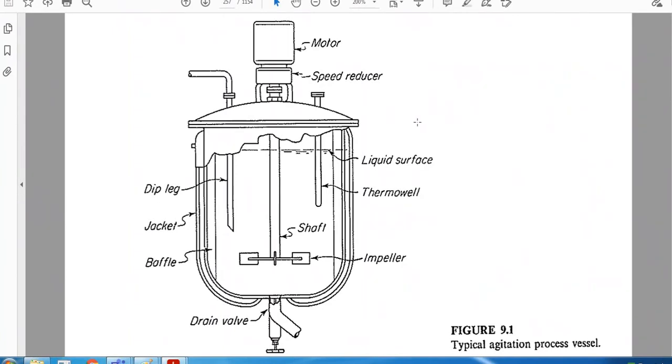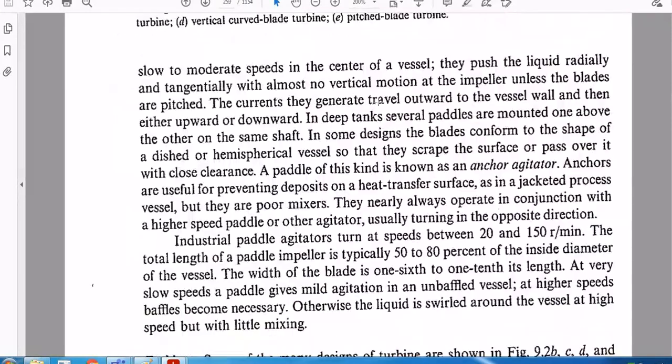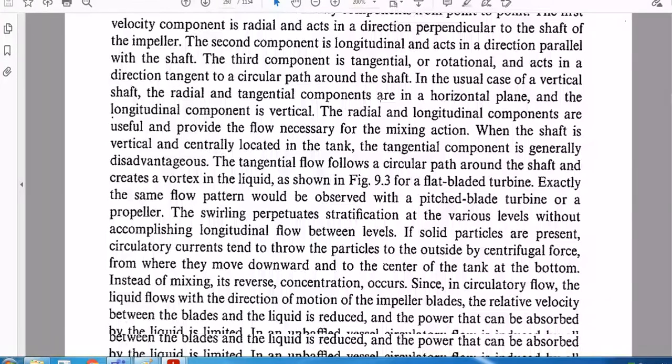So now you draw this diagram perfectly. What are the questions? Draw a neat diagram of agitation process vessel with all the parts, with ratios. So ratios are there. Where the ratios are present, ratios will come after certain time. So these are the, one second, these are the ratios I will show to you.